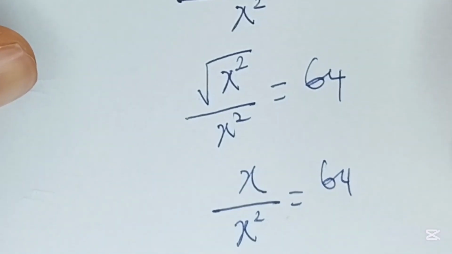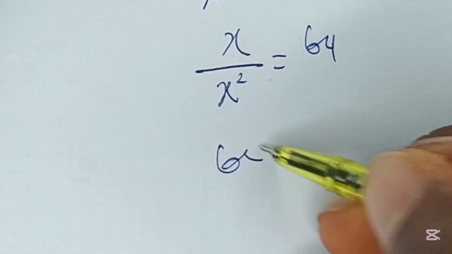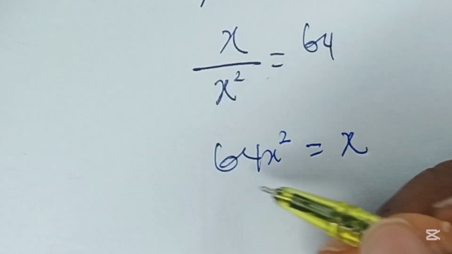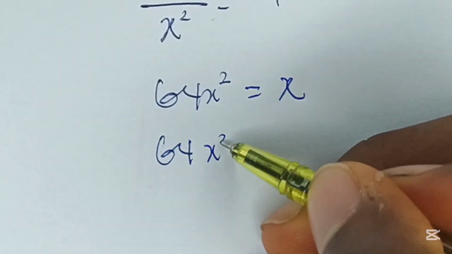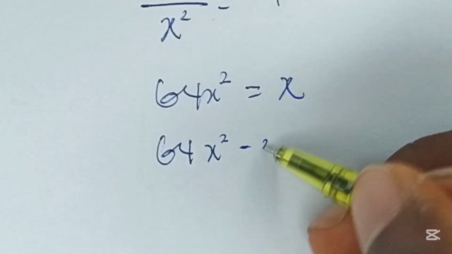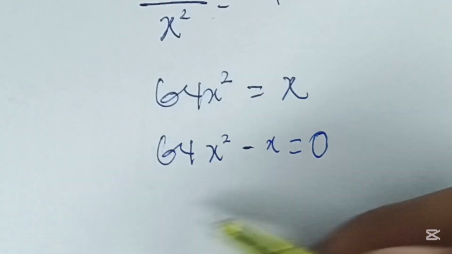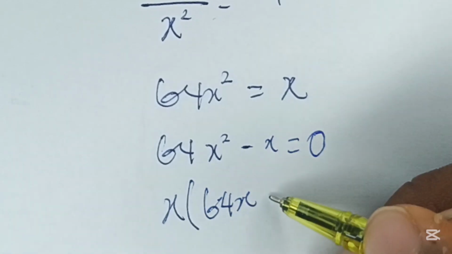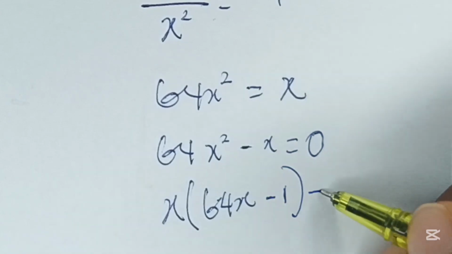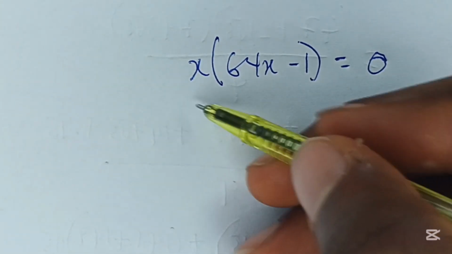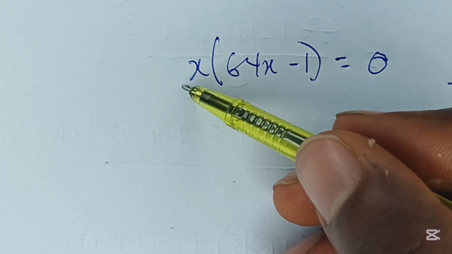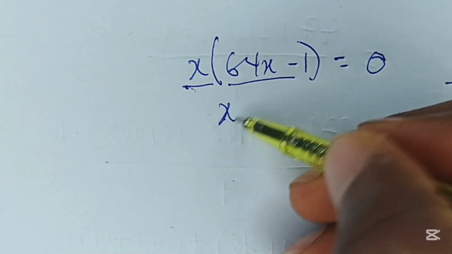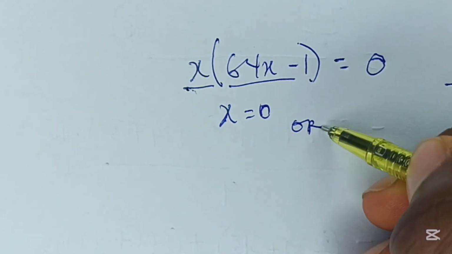Okay, hence we have 64x squared to be equal to x. Alright, so solving this, we have 64x squared minus x is equal to 0. Let's factorize. So we have x into 64x minus 1 is equal to 0. Alright, so when the product of two things is equal to 0, like this times this is equal to 0, it's either that this is equal to 0, so it's either that x is equal to 0, alright, or